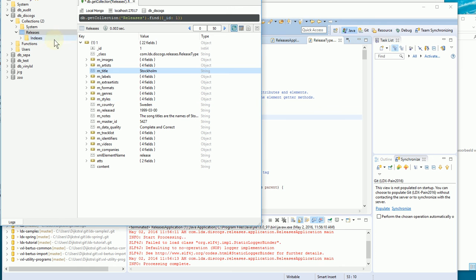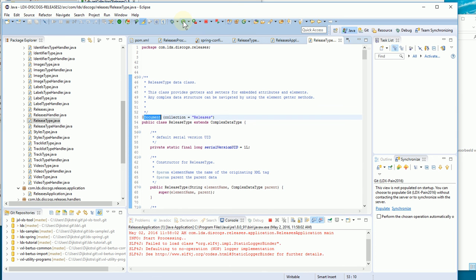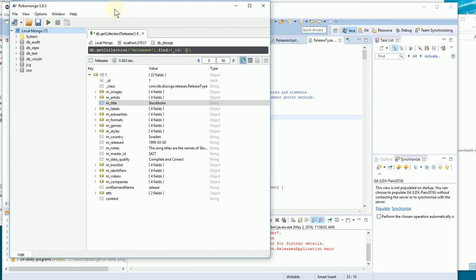Let's see if we have an empty database. I will just drop this database. So we don't have a related database here, so let's see what happens when we run this. Okay. This is RoboMongo, by the way. It's a nice tool for